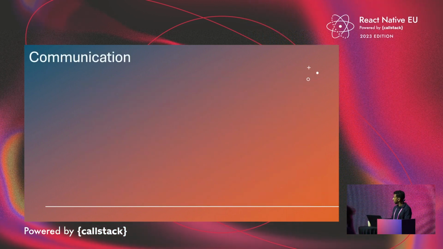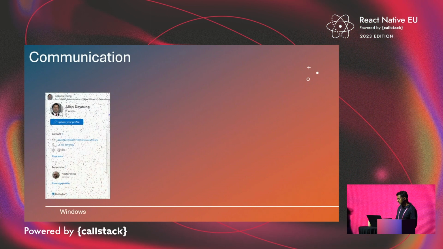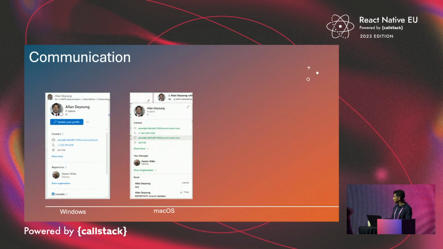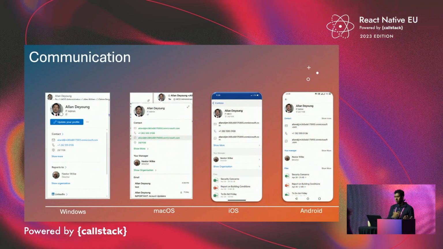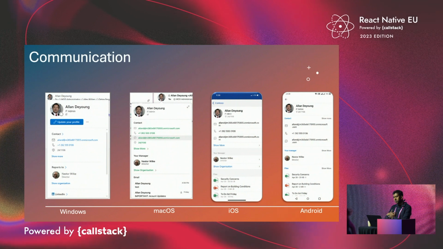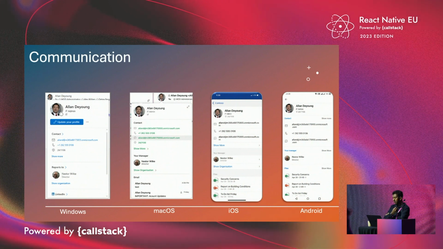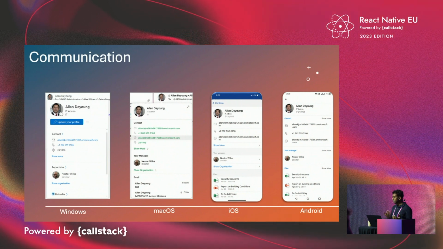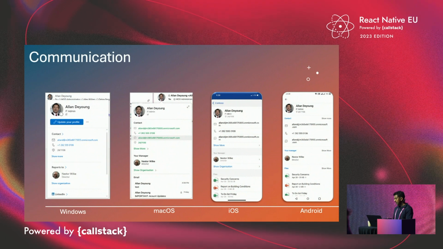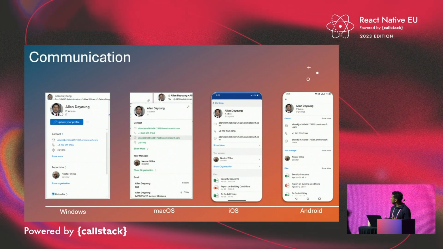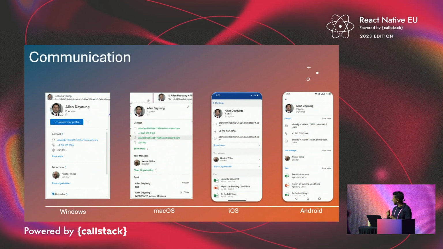Another example is in the case of communication scenarios. Here you can see what we call our persona cards. This is an experience that we have in several of our applications and that we also build on multiple platforms. They give you information around your contacts, like email, phone numbers, addresses, org charts, things like that. And one thing to note here is that we run this on multiple platforms, but we get the look